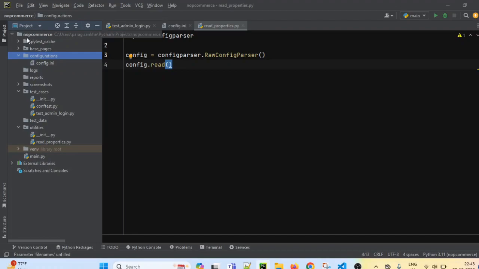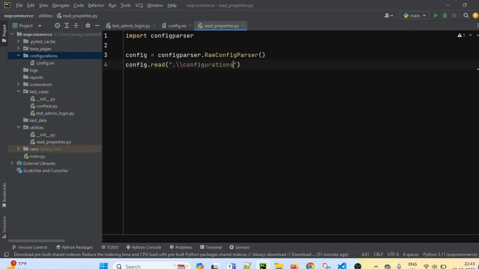Inside our project, that is NOP Commerce. So we are already in our project, and I can simply use dot, 2 times slashes. After that we provide the folder name, configurations, again 2 times slashes, and the file name, that is config.ini. So we pass the path of the config.ini file, which is present inside the configurations folder, so that it will read that file, right?